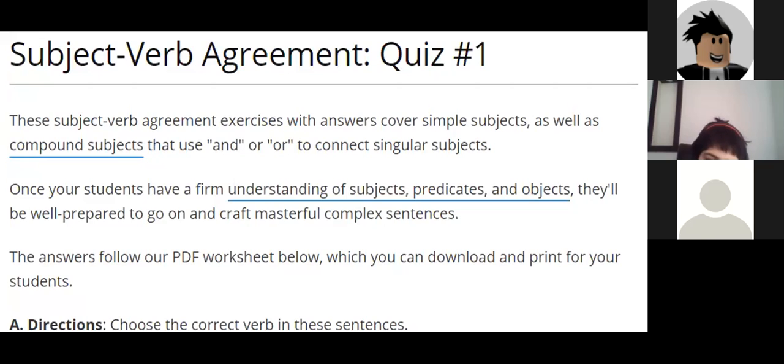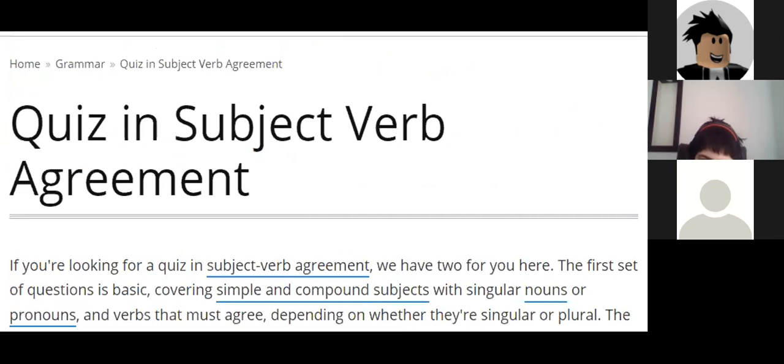The next, what do you call it? Oh, just a minute. The next site will look like this. The third exercise is now going to be about subject agreement. I have shared the link in the chat box. You can now view and connect it. This is what it looks like at the start. Quiz in subject verb agreement.